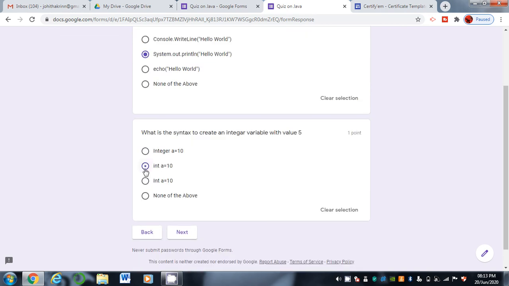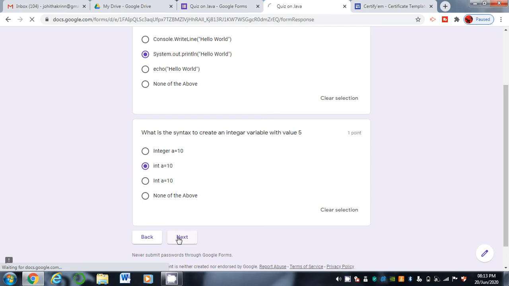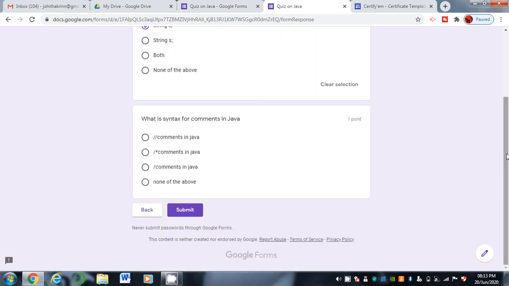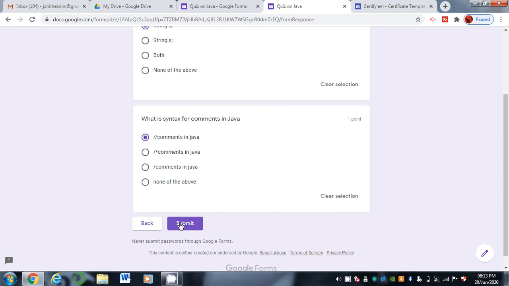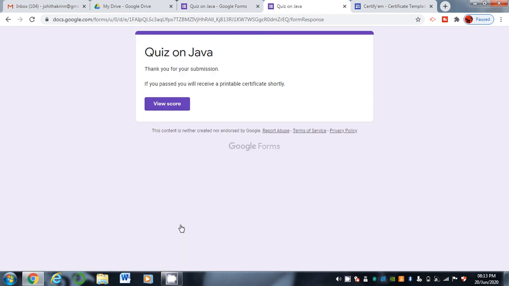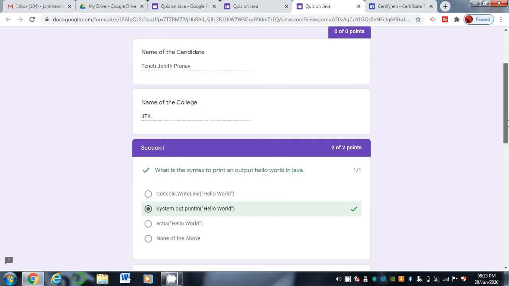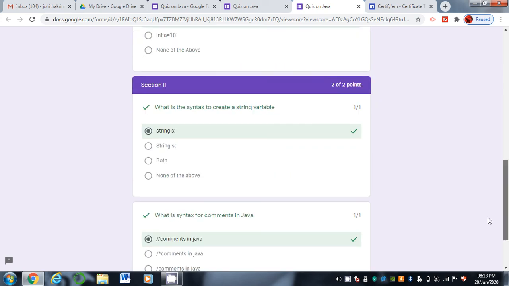Make it as answer is equal and go to next section. So this one, finally submit. Once you submit, you can see the message: if you passed, you will receive a printable certificate shortly, and view score. So I got 4 out of 4 points, and you can see the answers.